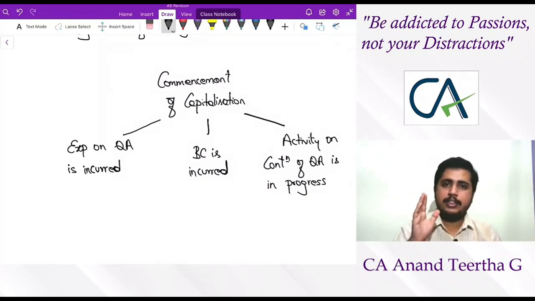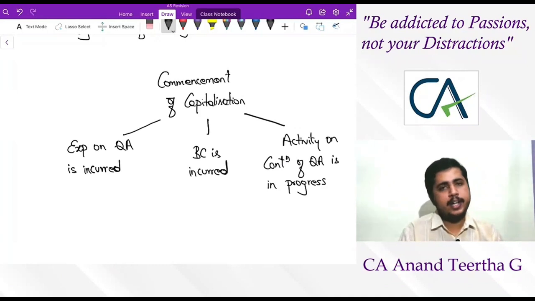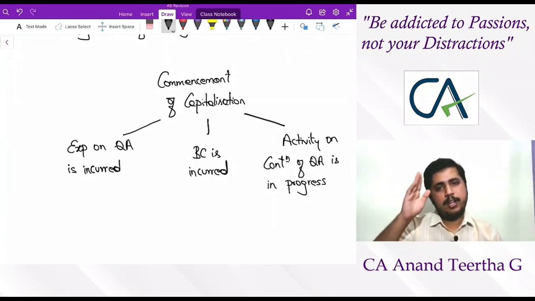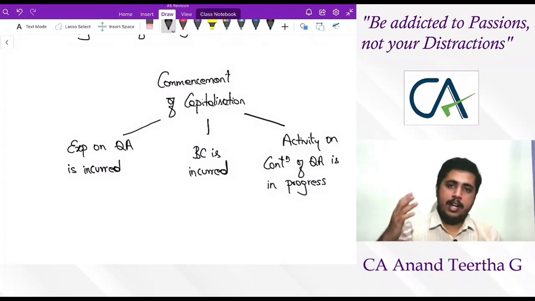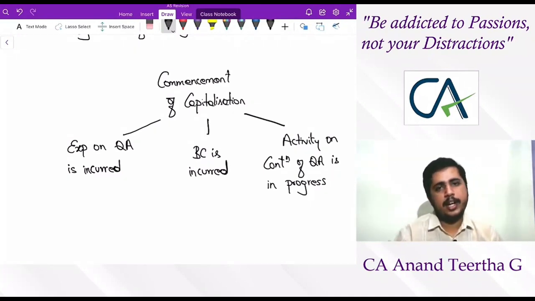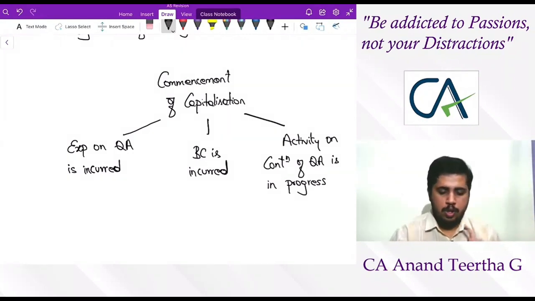Now you may say, sir, we started, but in between I can stop it. I started for 6 months. Expenditure is incurred, borrowing cost is incurred, activity is also ongoing, but I did it for 6 months. After 6 months, I stopped it. Then later, after 3 years or something, again I'm going to start. So on papers, I have started the work. Activity was ongoing. Later, I stopped it. Let me allow it to be capitalized. No. For that,